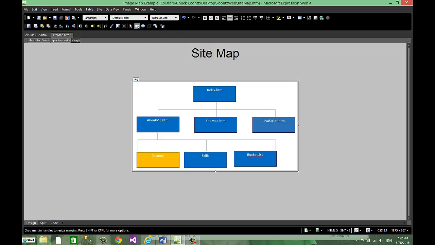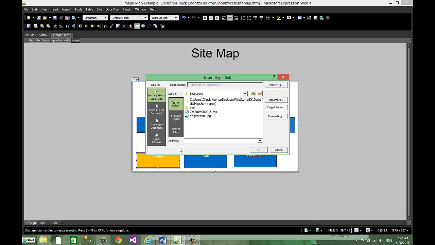Okay, but I'll demonstrate this and you can play around with the other. I choose the tool, and I am going to put a hyperlink right here. Now as soon as I release, it wants to know, where do you want to hyperlink to? I don't have that page done yet. So I'm going to call that